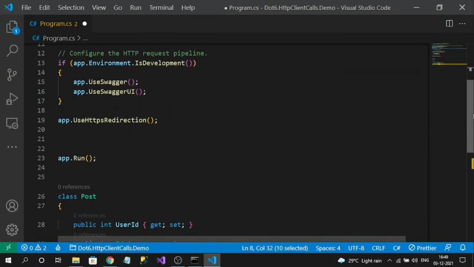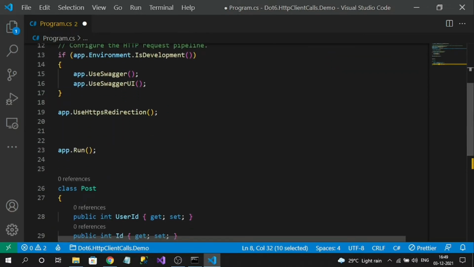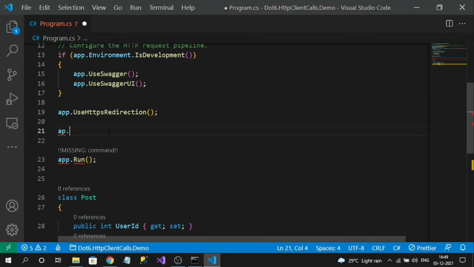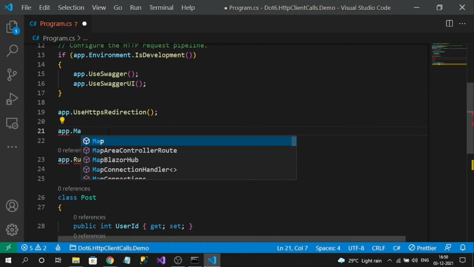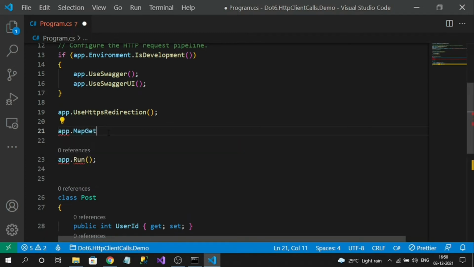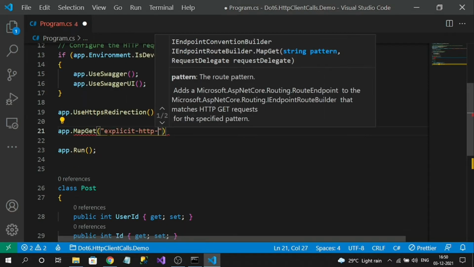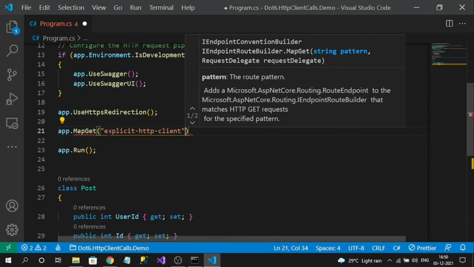Now let's create our endpoint to consume our third-party API. To do that, I will create a minimal API endpoint here with app.MapGet. The first parameter will be the route. This is my route.